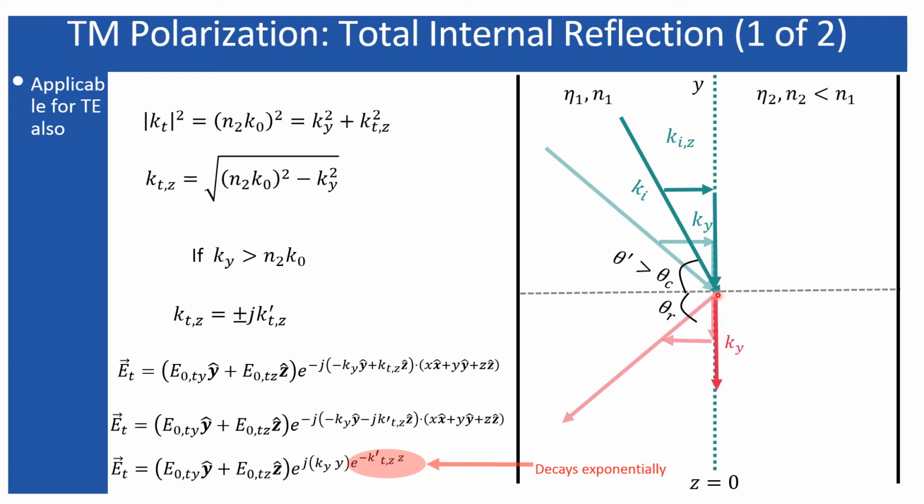Direction of the propagation is taking place only along the y direction, and since the z component becomes imaginary and the wave energy becomes evanescent in medium 2, the total energy will be reflected back in the first medium, and the resulting wave vector will represent the total internal reflection. And in this case, obviously theta' will be equal to theta_r. So theta_r is the angle of the reflected wave, and theta' is the angle of the incident wave, which is greater than the critical angle.